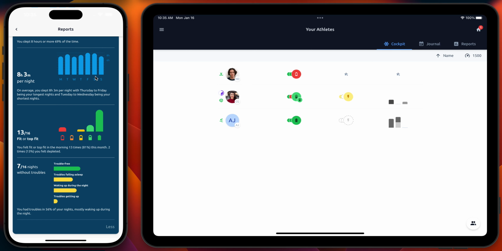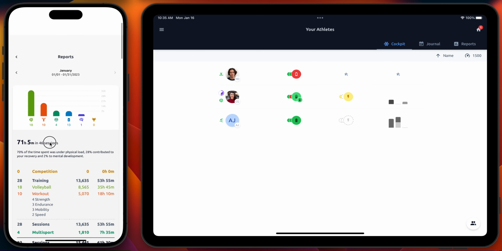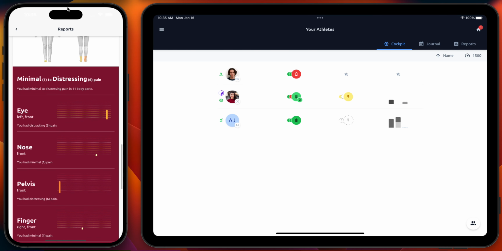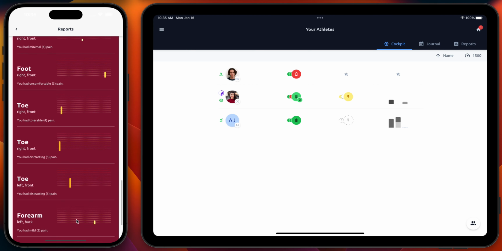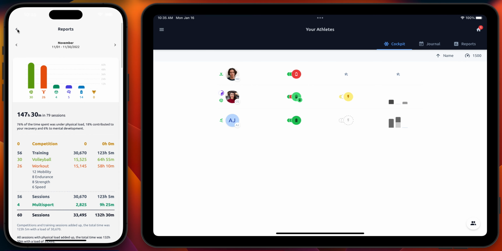Also, how long your nights are on average on given weekdays, as well as, of course, your pain of all the body parts throughout the month and the intensity of it, which gives a quick overview when, for example, you're also consulting your team doctor and want some advice that you can access for also previous month and then see how whatever dimension changes throughout the month.